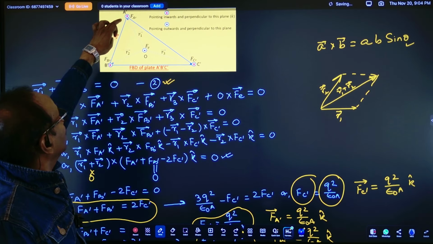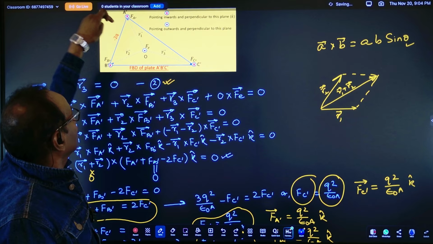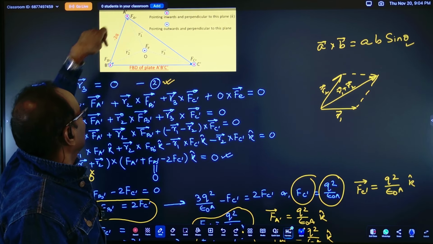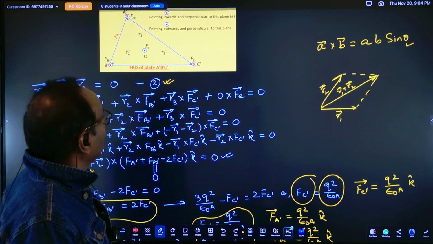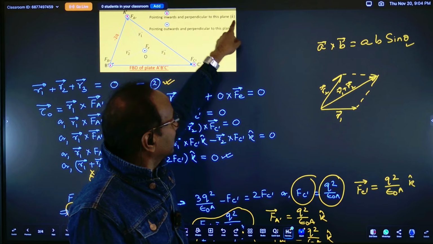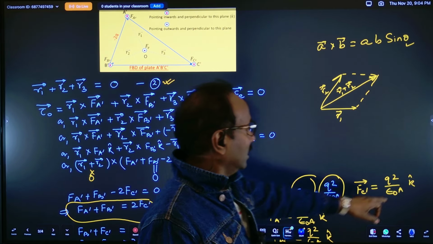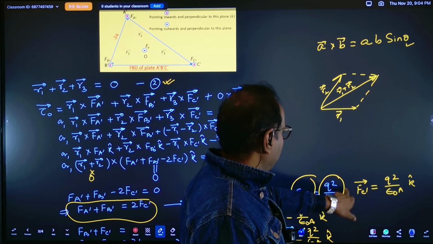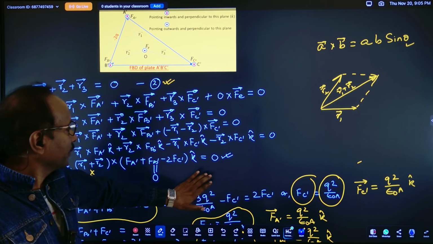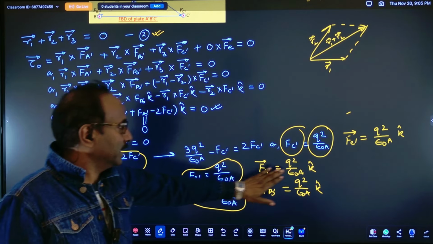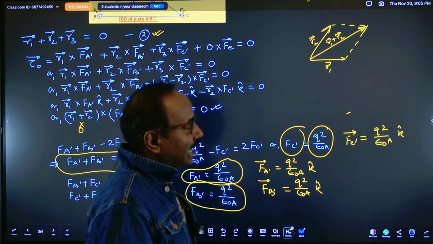सेलेक्ट किया हुआ है, आप ऑलरेडी एनालाइज कर चुके हैं कि एफ ए प्राइम अंदर की ओर लग रहा है, एफ बी प्राइम अंदर की ओर लग रहा है, एफ सी प्राइम अंदर की ओर लग रहा है, अंदर की ओर आपका यूनिट वेक्टर के आपने माना हुआ है। तो आपको फोर्स को अगर वेक्टर फॉर्म में लिखना होगा तो ऐसे लिखना पड़ेगा आंसर के लिए, एफ सी प्राइम एफ ए प्राइम दिस मच एफ बी प्राइम, बट के आपने माना है,